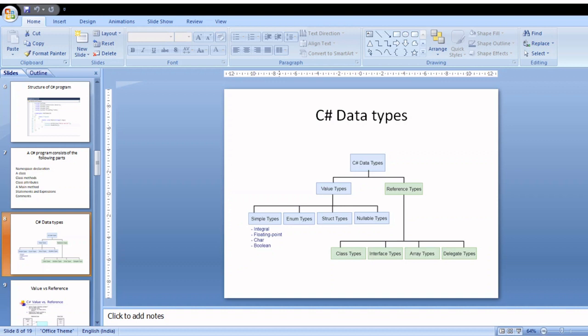You keep the original copy with yourself, and you keep another set of copies for the reference, and keep the original copy safe, so that the data hiding concept is achieved. The actual value remains in the same memory location. This means that there are two references to a single value.